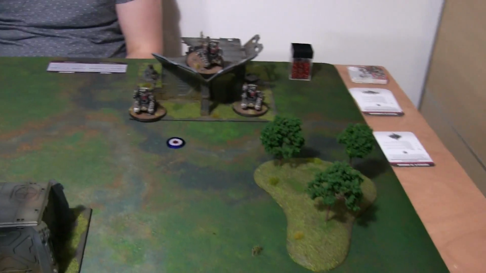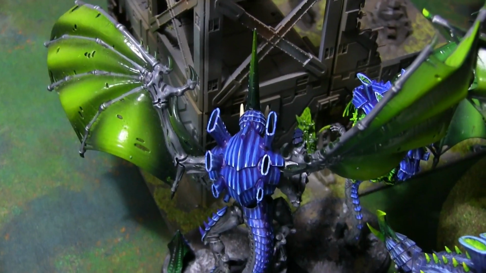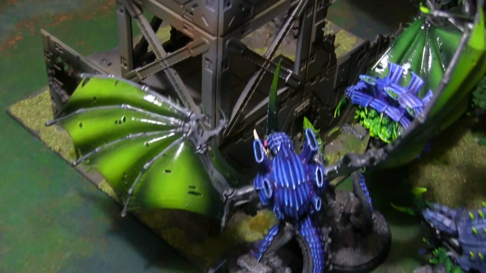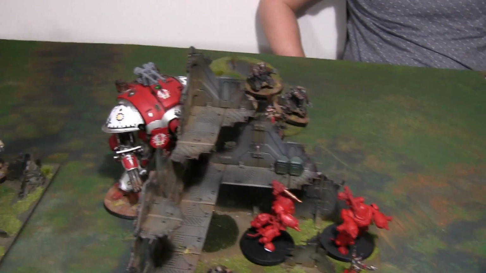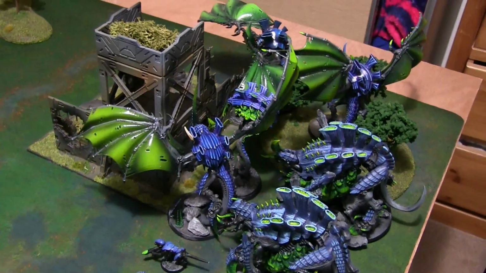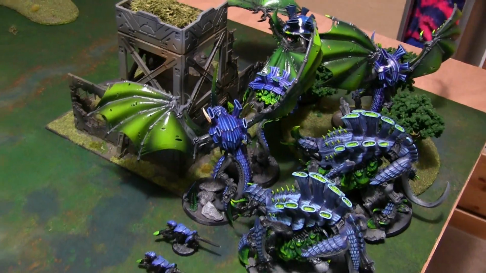These guys unloaded onto the spiked Hive Tyrant, but I rolled all my saves. Obviously a 2-up helps, but I rolled really hot, so I didn't lose any wounds there. And then the big guy, the Knight, unloaded his Gatling cannon into the Malanthrope. Didn't roll so hot with his hits or his wounds, but again I made all my saves, so no wounds,